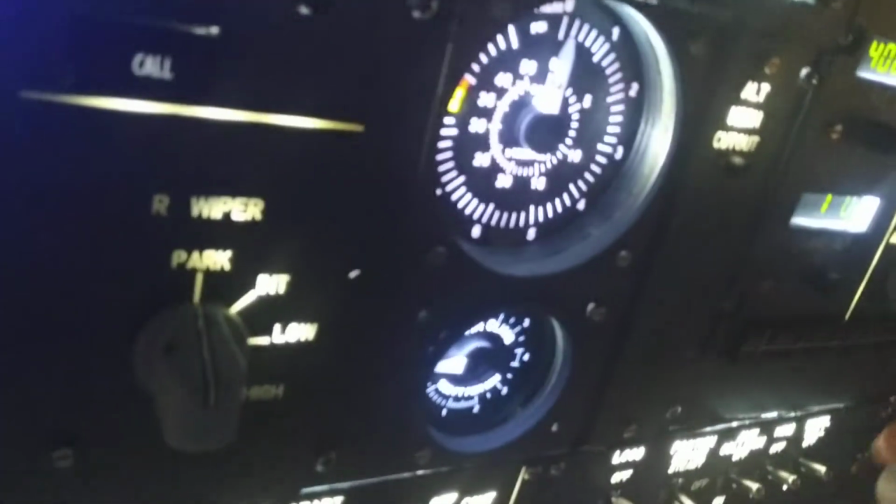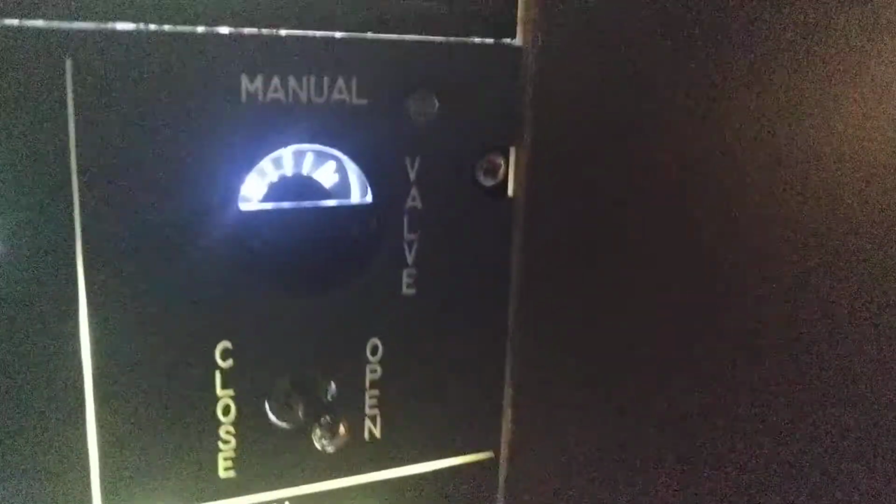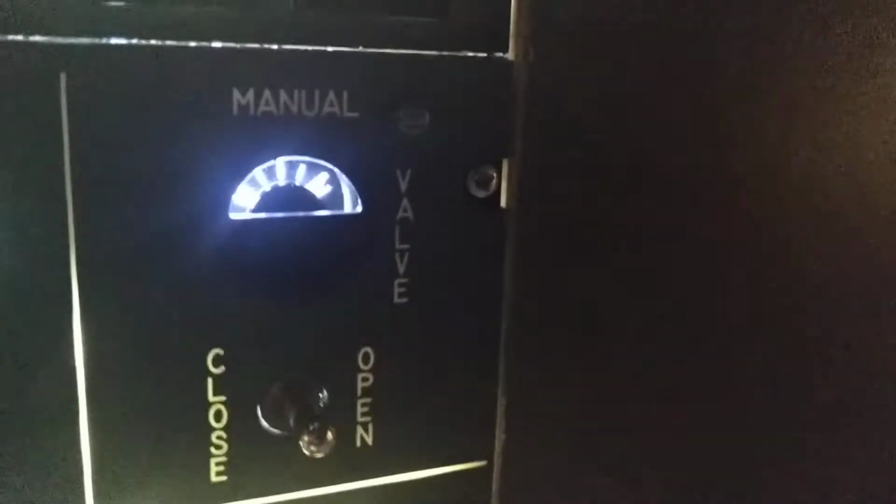Also, what you might have spotted if you followed the blog and the update videos, most of the panels are now fully backlit. So you can see here the latest addition is this panel for the cabin altitude, and also that small gauge which is sitting here. A very, very clever solution from Tom. Thank you for your ideas, because it was a very